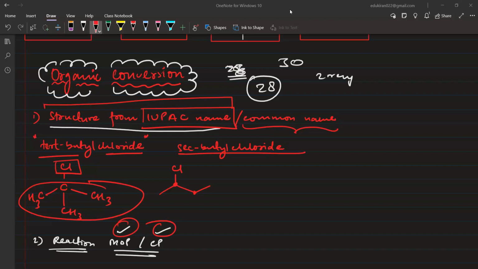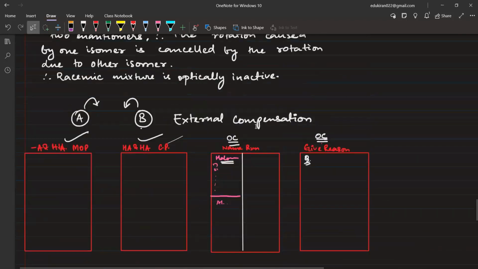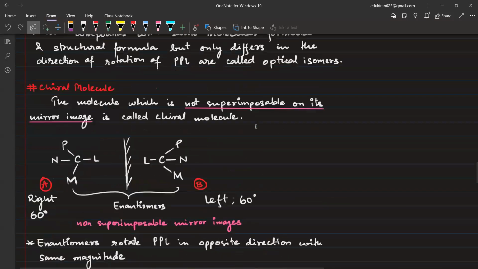And that I will also write and send in the group chat. I wrote a different reagent. I wrote the opposite reagent. I actually had to go from RCl to ROH. Okay. So I mistakenly wrote SOCl2 here. That is the only mistake in the complete video. So this will not be SOCl2, it will be NaOH, rather aqueous NaOH or aqueous KOH. Okay, so that's one mistake I made while doing it quickly. I made a mistake at that time. And what portion you have to watch also